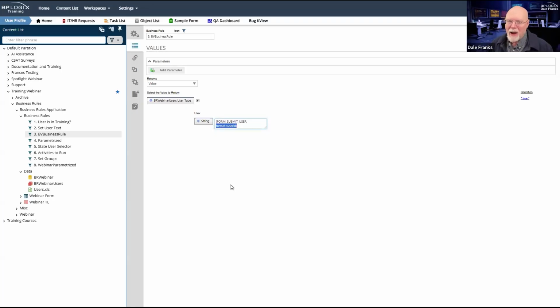For example, it's very common, especially for smaller organizations, to assign usernames like John Smith would be Smith J. Well, John Smith is not a super unusual name.